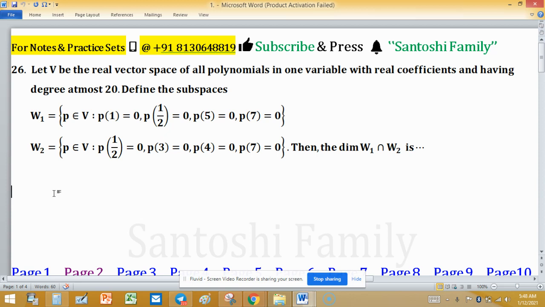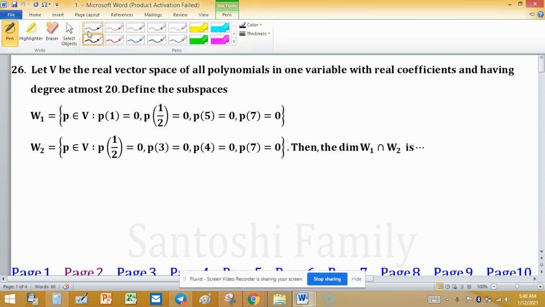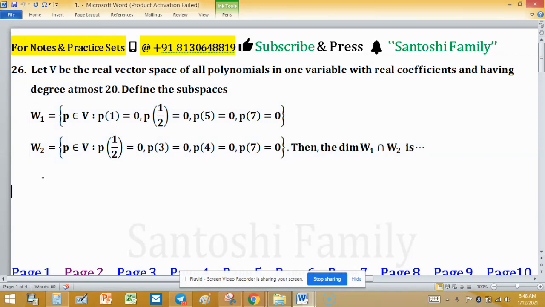So we need to find the dimension of the intersection of two subspaces. The intersection is again a subspace, so we can find its dimension. Also, W1 and W2 are finite dimensional spaces, so the intersection will be finite dimensional, as V is a vector space